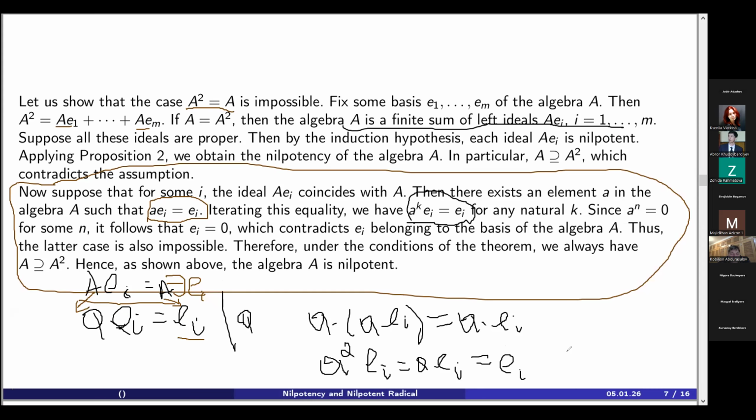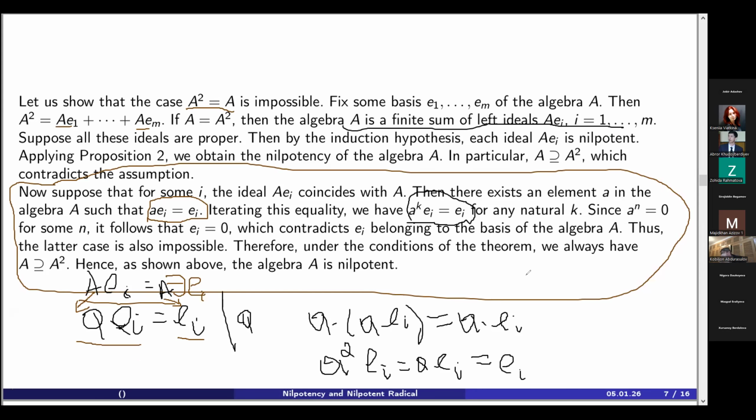Она представляется как АЕИ. Поэтому АЕИ равно ЕИ. И так далее: ЕИ несколько раз умножаем на А, все равно получается ЕИ. То есть нильпотентно. Не